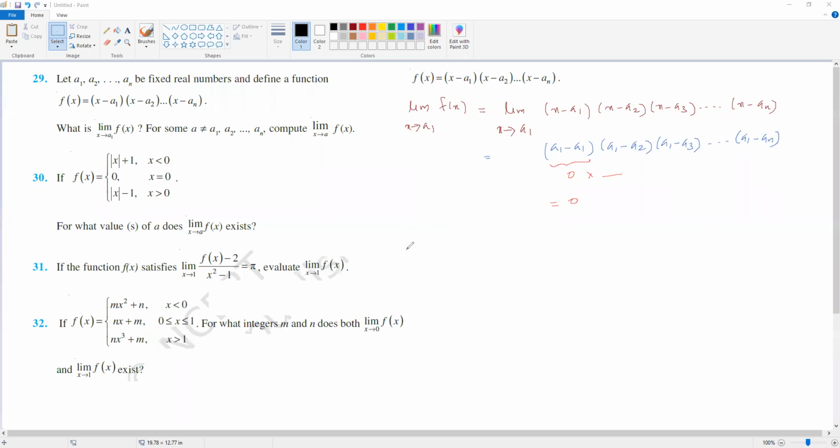आया समझ में? So that means this function, your function, whatever it is given, that is a polynomial function, right? That will go to 0 as x approaches a1. Got it? Not only as x approaches a1, if x is going to a2, then also this will go to 0,